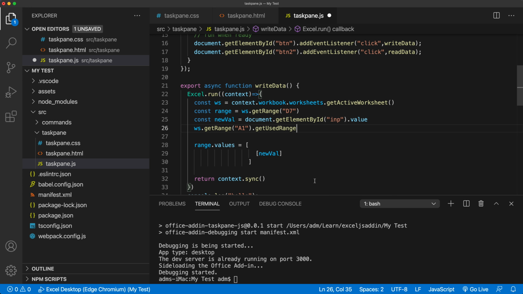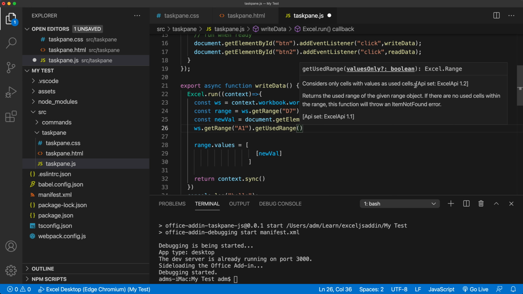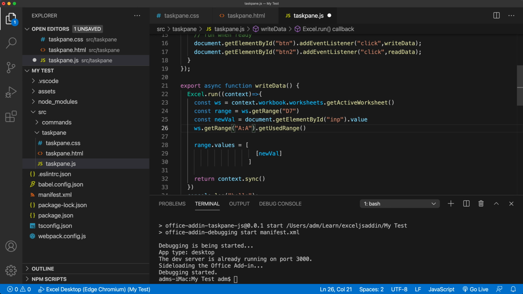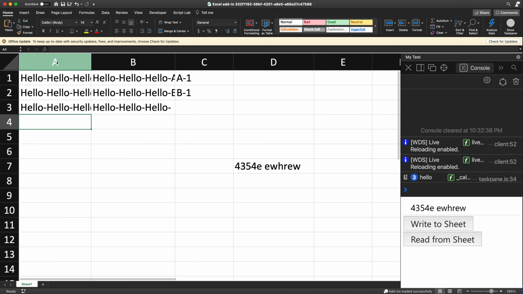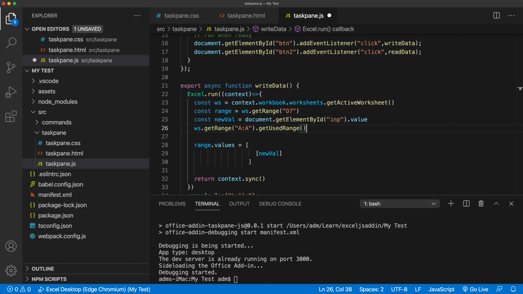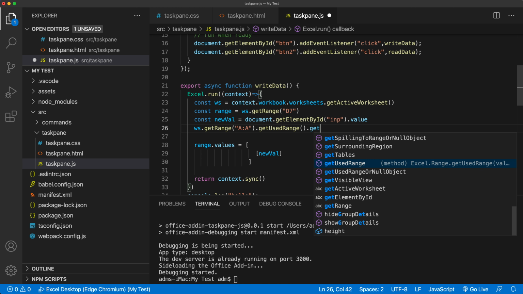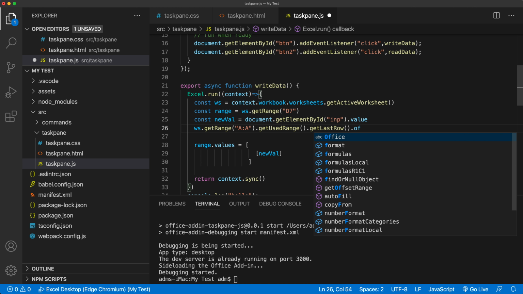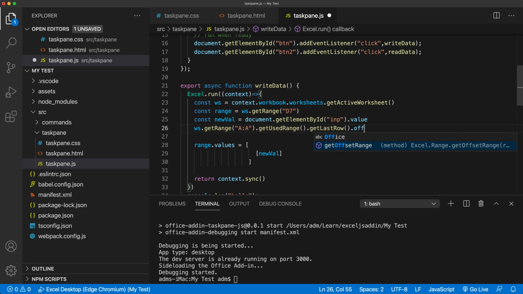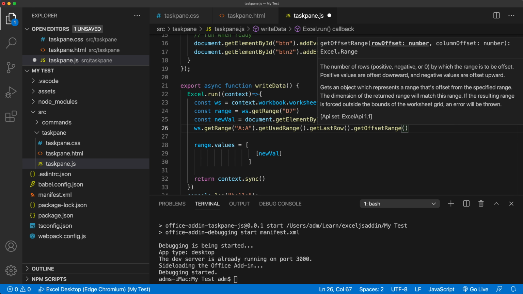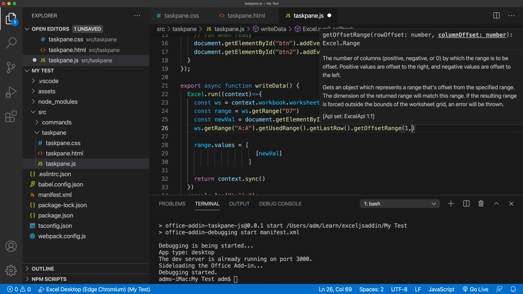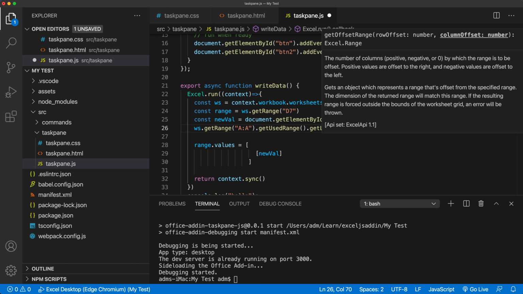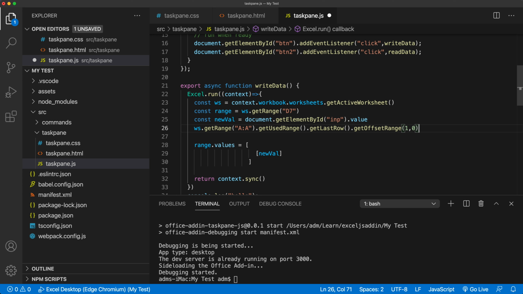So we have get used range. Considers only cells with values as used cells. So I guess we could just do the whole column A like this, and then do get used range in that column. And presumably if we have the whole column, the used range would be like this much. And then on that, we can get the last row. And can we do offset from this? Get offset range. After we found the last one, we need to go to the next one down. 1 row and 0 columns, and that will give us that new range, basically the cell where we need to write the values. And we'll do values equals to new val,